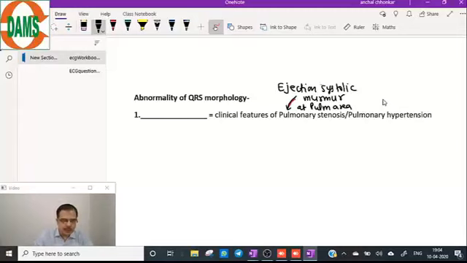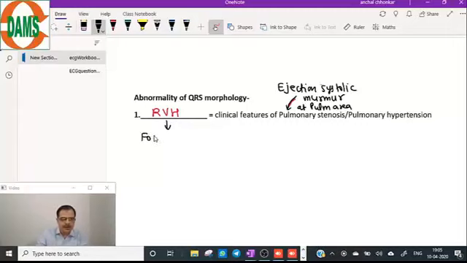Because of pulmonary hypertension and pulmonary stenosis, the first chamber to be affected is obviously the right ventricle. So there will be right ventricle hypertrophy because of these disorders, and we will keep right ventricle hypertrophy as an option, as a differential diagnosis. Now we will focus on lead V1, because it is a right-sided pathology. So we will look at the right-sided chest lead.